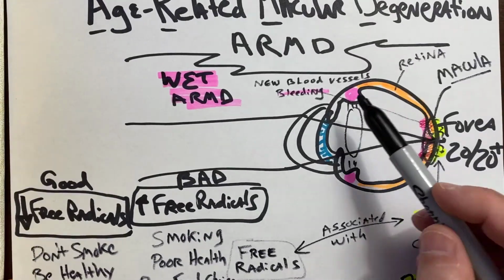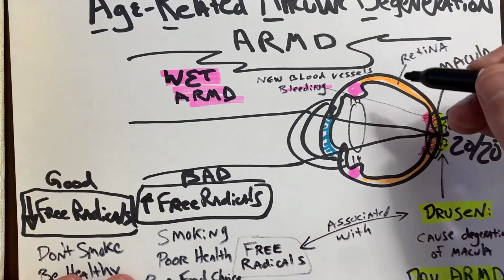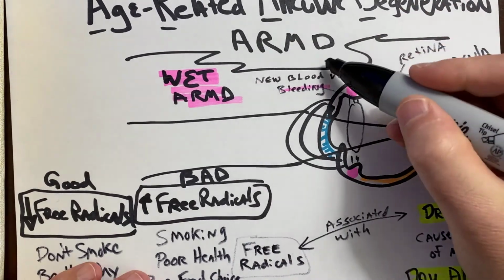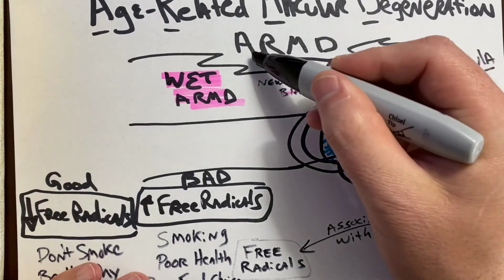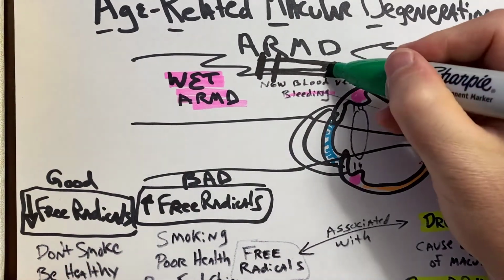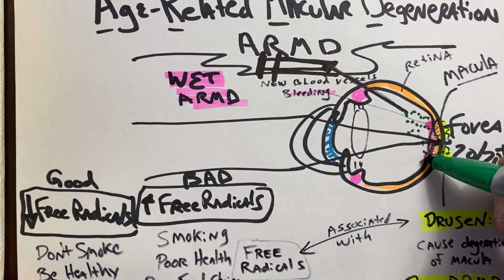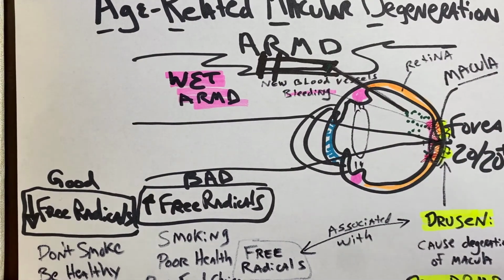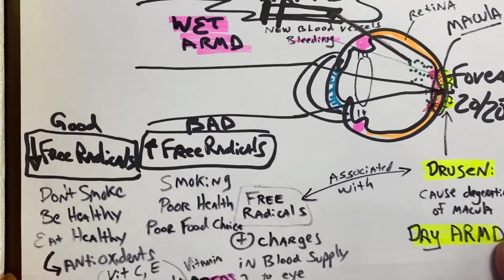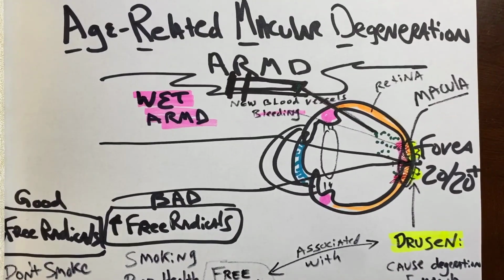So remember the wet ARMD is the bleeding. If it gets to the point of bleeding, what they do is they stick a needle in your eye. If you actually do get to that point where it starts to bleed, they inject something called anti-VEGF, which stops the blood vessels from continuing to bleed. So you don't want to ever get to that point. So try to